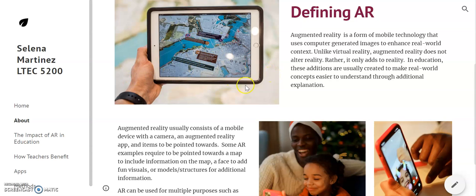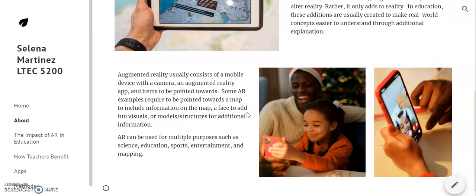So this adult is using the map that is already in their possession, and they've downloaded an app to make the map even more interactive. Down here, you'll see a child using augmented reality for fun, and this just explains how augmented reality is so easy for people to use, especially anyone from any age range, from childhood to adulthood.